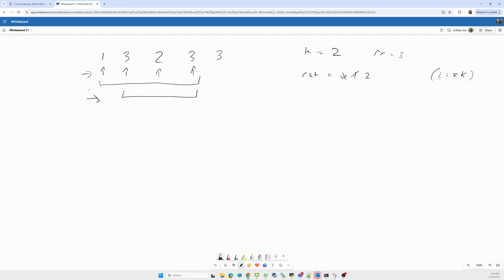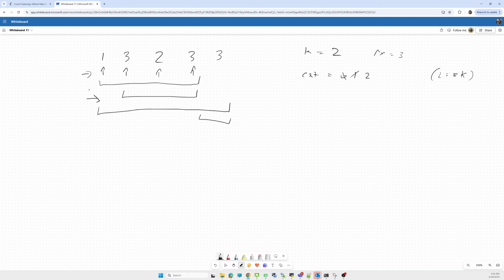So the number of subarrays I can form, one is this. When I am able to form a subarray with the previous one, is it possible that the rest of them can also form a subarray? Yes, it is also possible, because it is already satisfying the given condition.